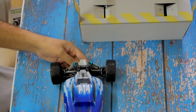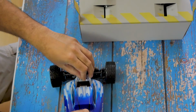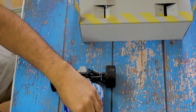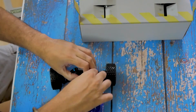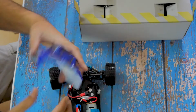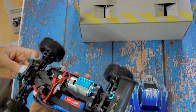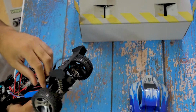Canopy seems pretty flimsy, in my opinion. Let's just try and take it off and see what's inside. Okay, canopy's off. Alright, it does come with, now this is, I believe,